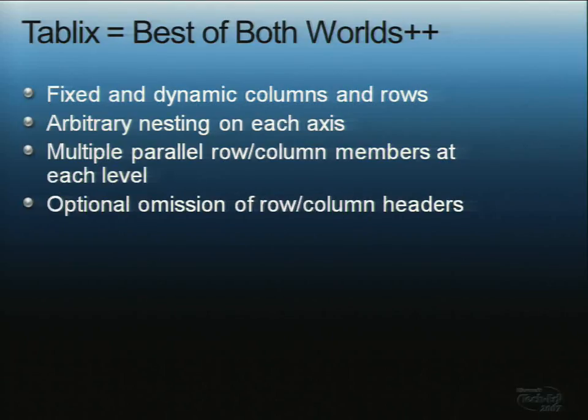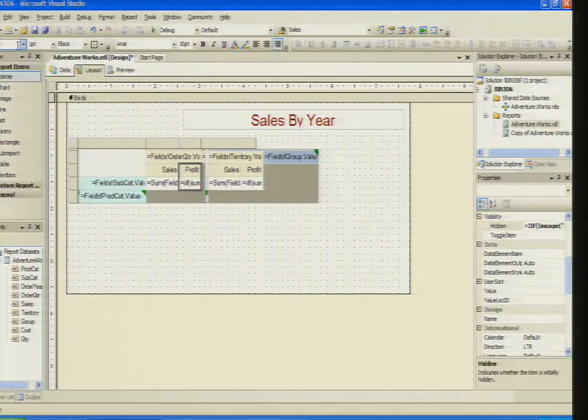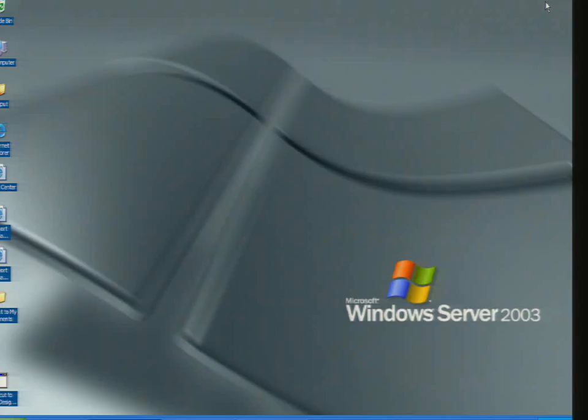And again, I already talked about that. So what I want to do is jump into the demo here and give you a look at the new report designer. And what I'm going to start with is